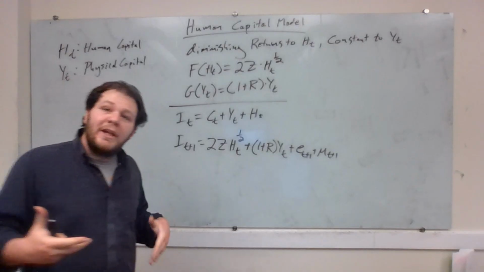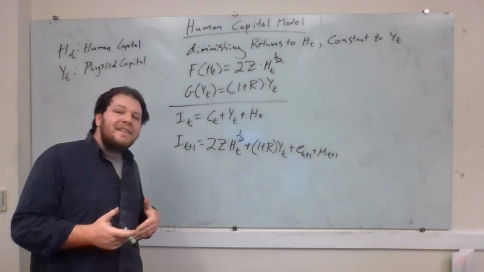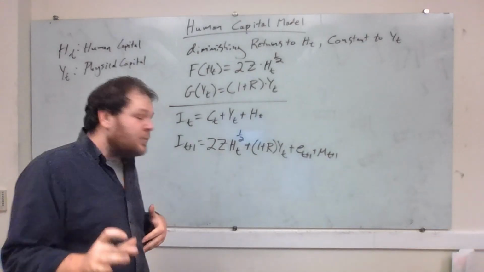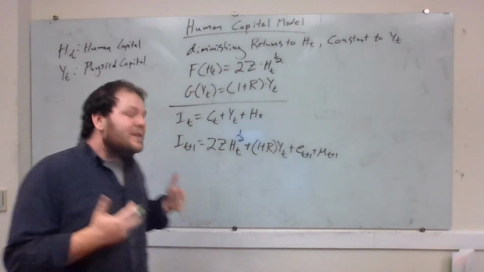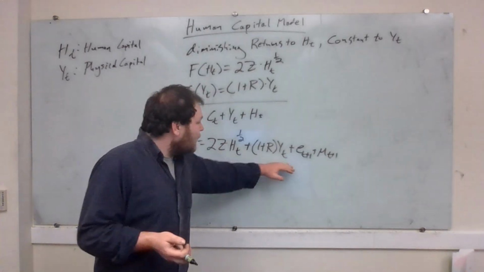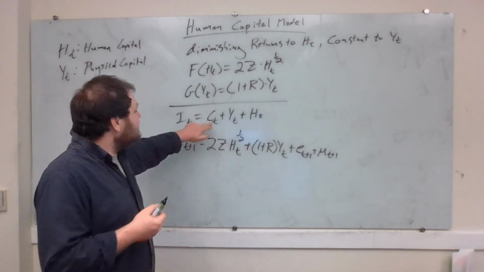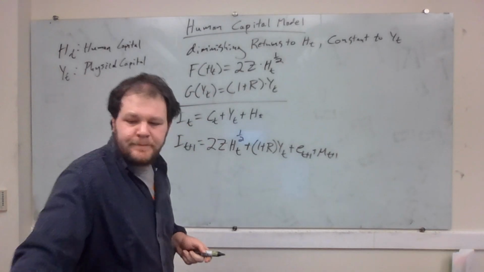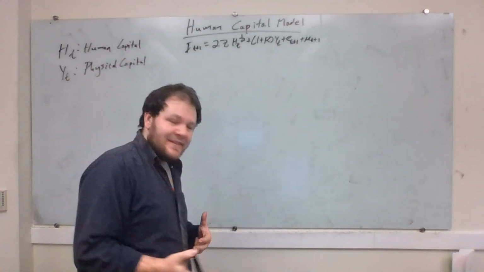So this is going to be equivalent to what we did in 250 with producer theory, where we say if we want to maximize profits, we know we need to minimize costs, right? Even if we don't know what the optimal choice of IT plus 1 is, we know it's got to be optimal to pick HT and YT in the way that gets us to that IT plus 1 at the lowest cost of current consumption possible. So what we're going to do is we're going to say, let's pick HT and YT, right?